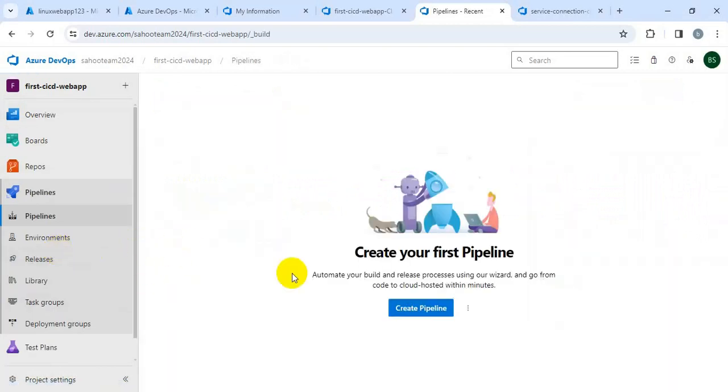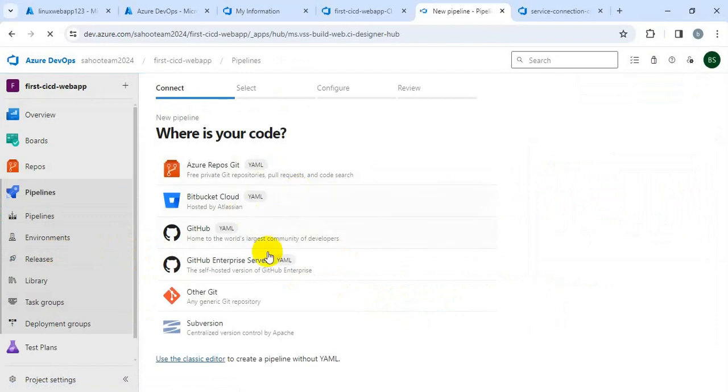So here we have to create the Azure CI/CD pipeline to build the image and to push the image to the Azure container registry. Okay, so it is the Azure DevOps CI/CD pipeline. We have to use the classic editor here and make sure